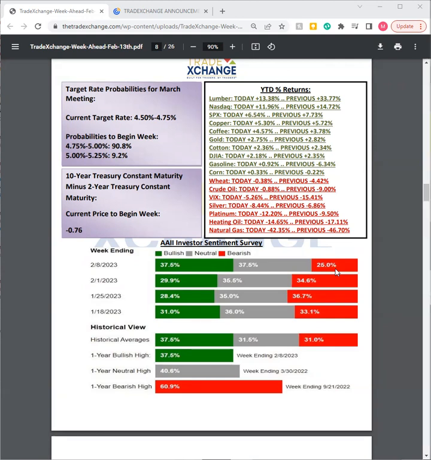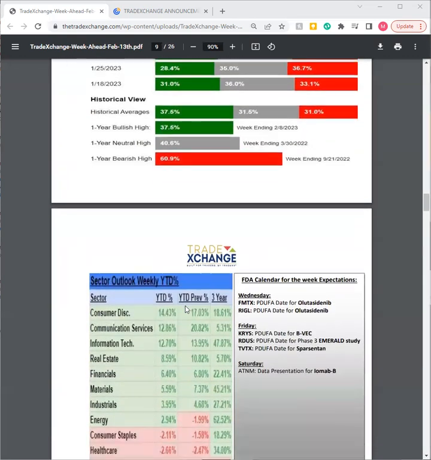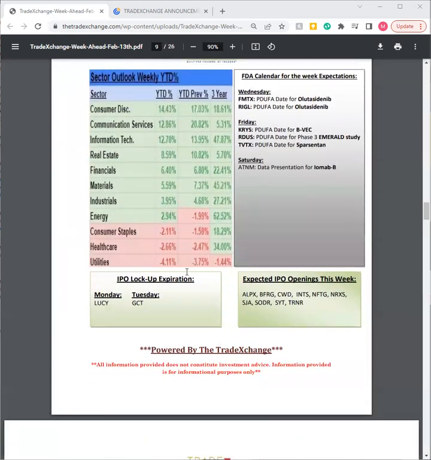So the mindset right now is that hope trade, that inflation is not as bad as what it seems. Recession, if anything, will get a very soft landing. So that is what we're watching, and that's what we're seeing right now when it comes to the sentiment on Wall Street.